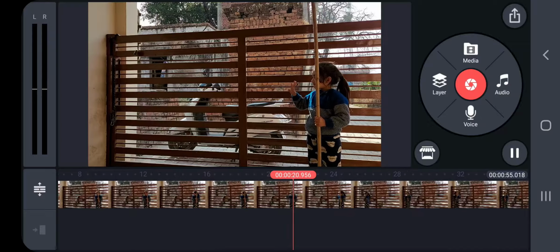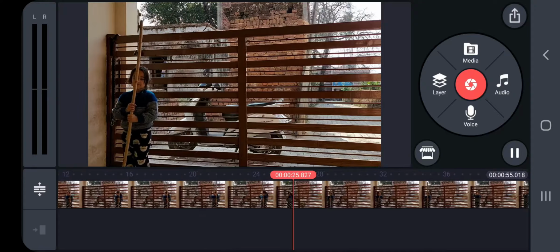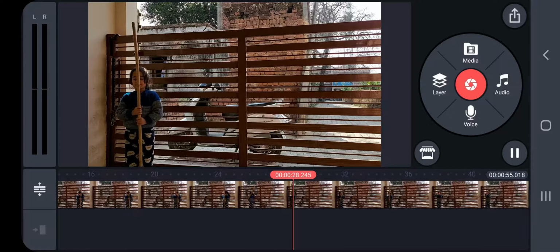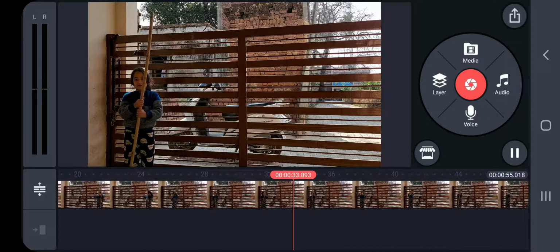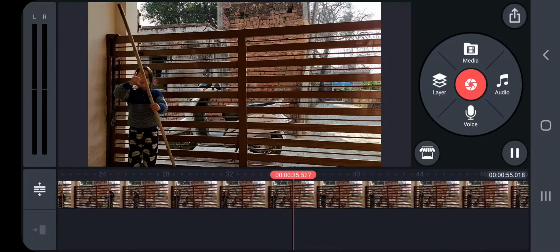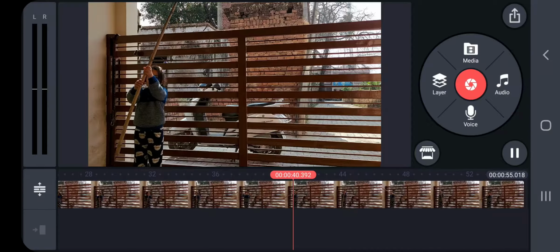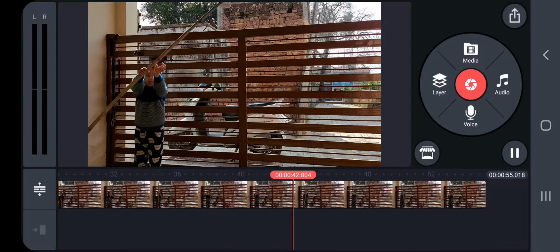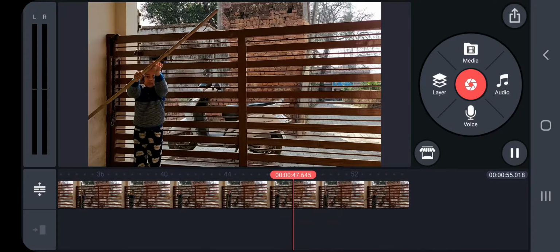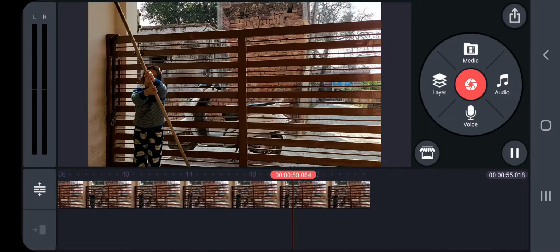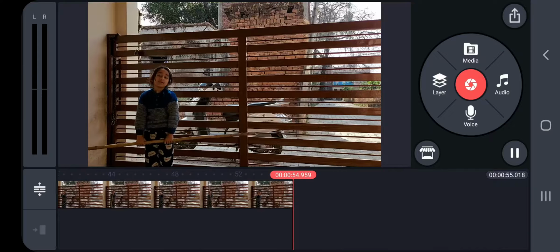Okay, and now she will go that side, and then from here she will do some kind of acts as was told by me. So you can also do the same thing as you are capturing, but you have to make it clear that your camera should not move here and there. Either you can use a tripod if you have, otherwise you have to place your camera somewhere at a firm place. Don't hold the camera in your hand, otherwise this effect will not come. Okay, so this is completed.